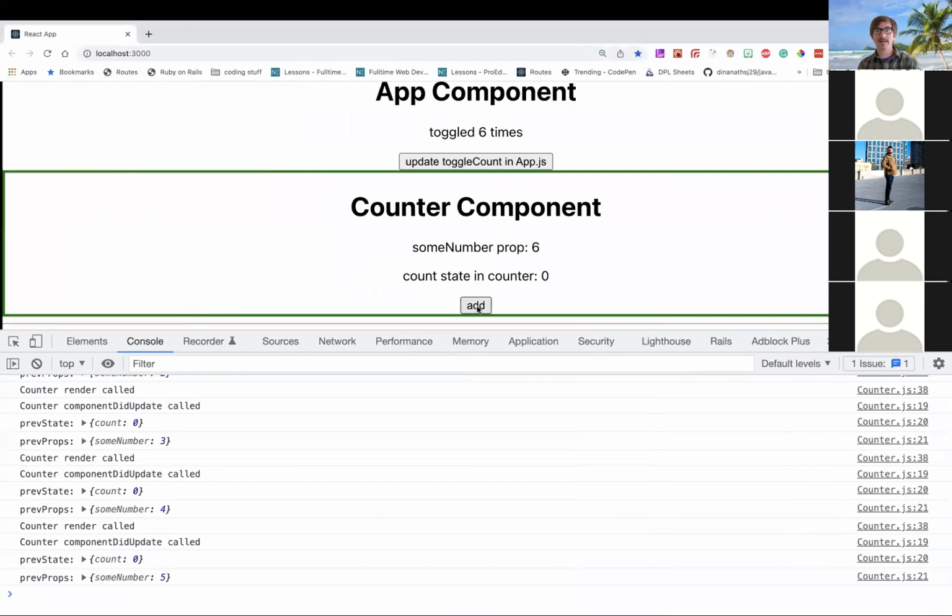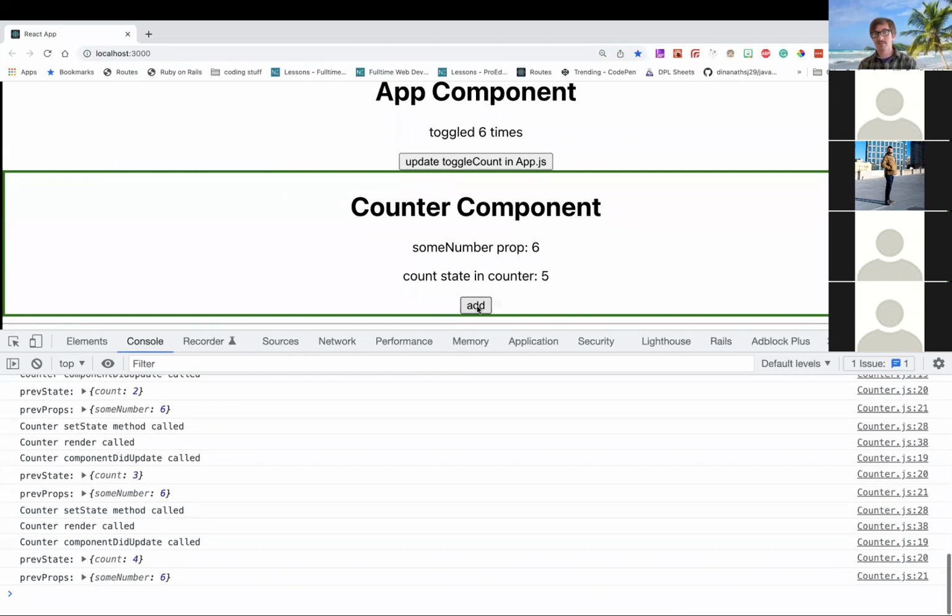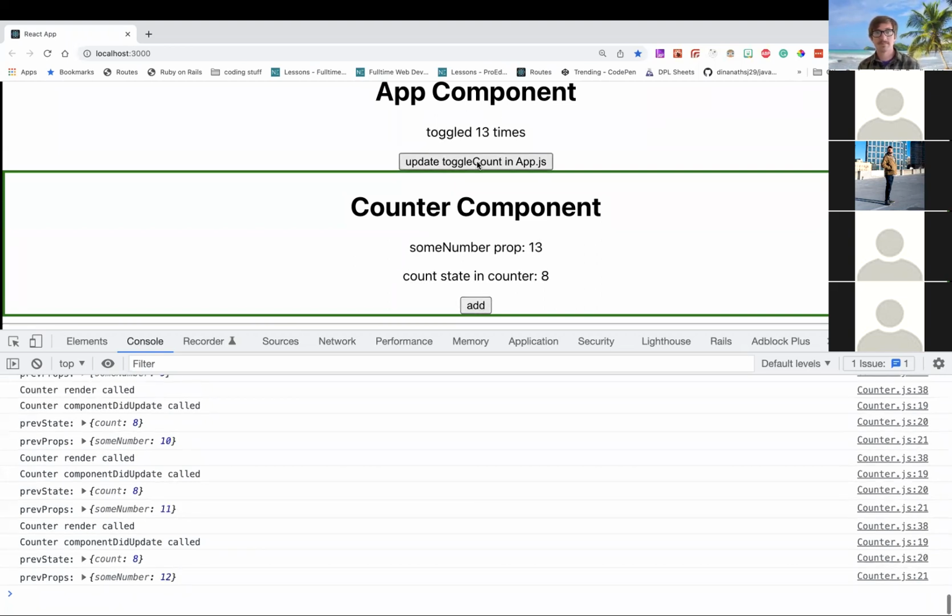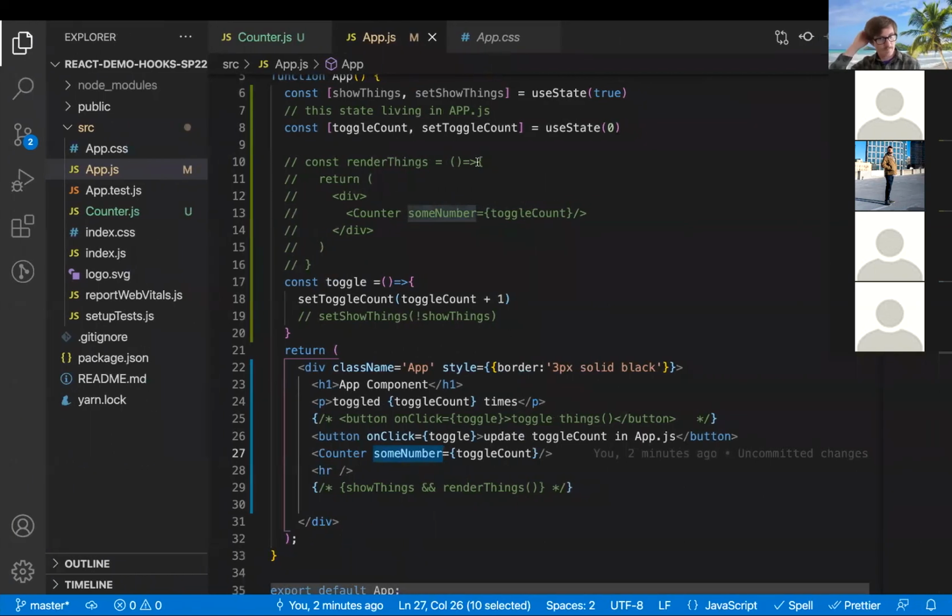So I can trigger that by setting the state in my counter component. So that's causing the render and the component did update to be called. Are you basically just trying to show us order of operations? Yeah, it's order of operations,